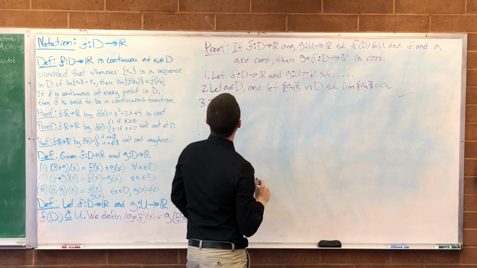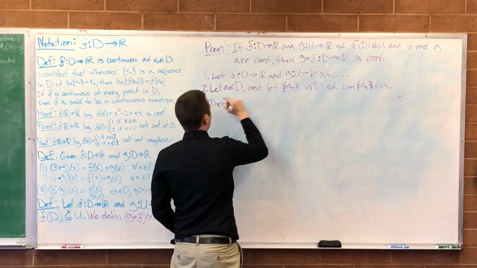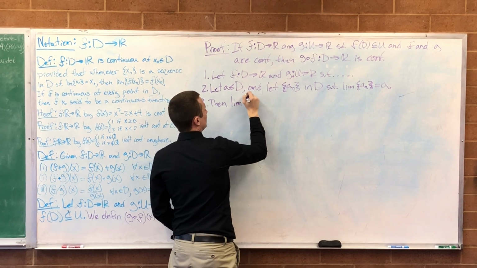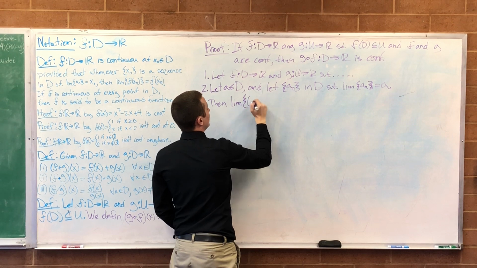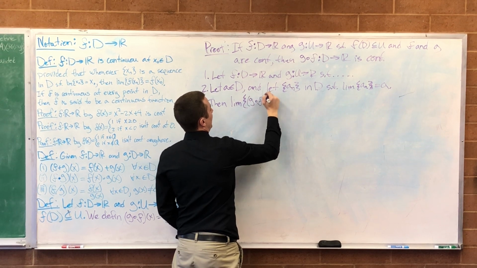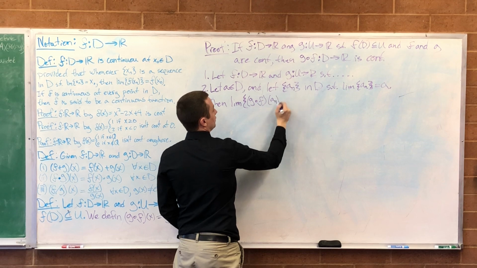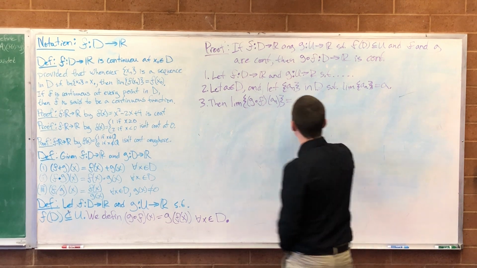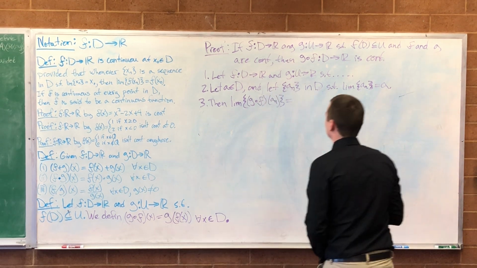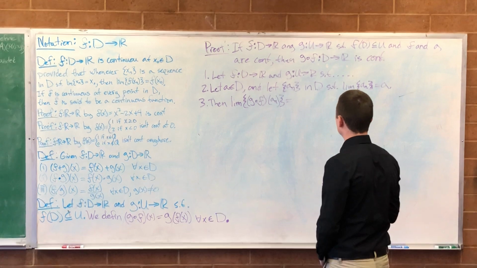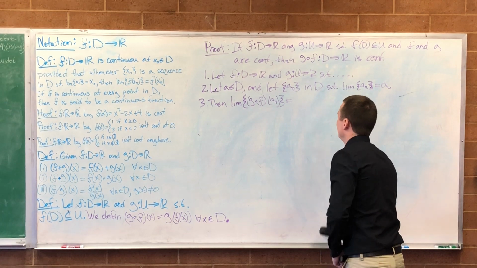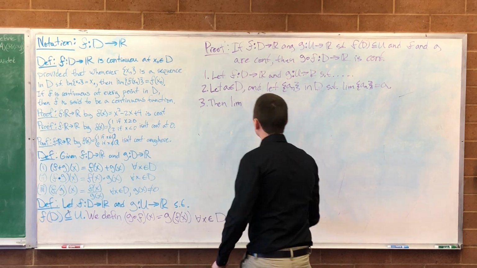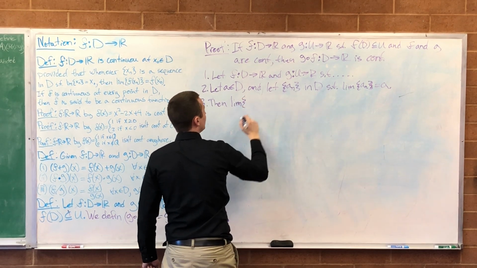Then, how do I want to say this? Let's just do it in one go, explain as we go. So then the limit of G composed with F of AN is equal to... should we do this in one bite at a time? No. I think I kind of need to, otherwise we'll be cramming it. So then we know that the limit of,